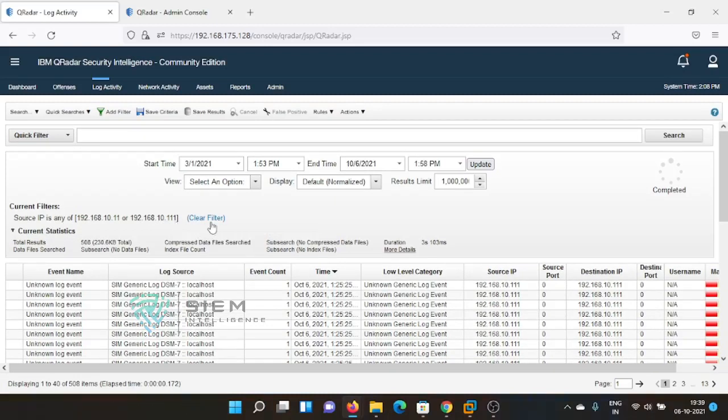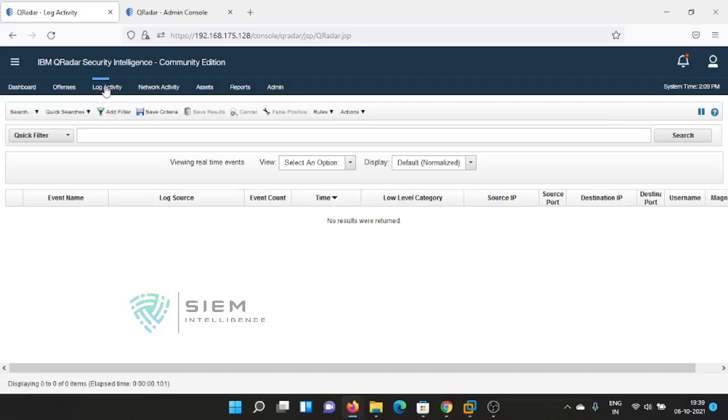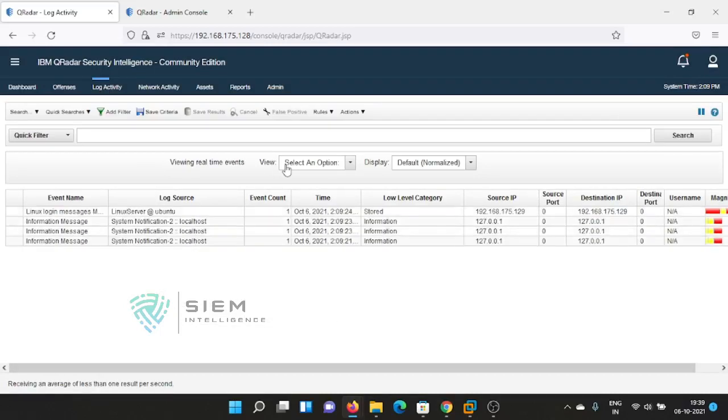You can also clear the filter from here itself, but if you clear the filter, it will go for a search. It is quite different. Again, it will start from March. So better you double click this, to avoid any misconception, or any bigger log search. You just double click, it will go towards fresh again. Everything is fresh. Now it will give normal activity.